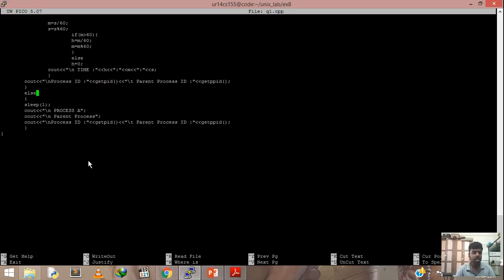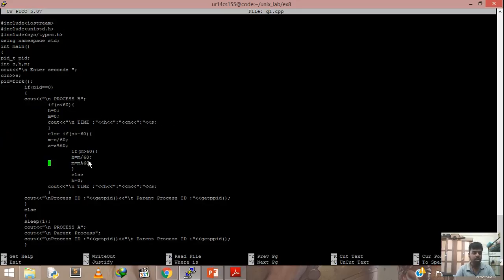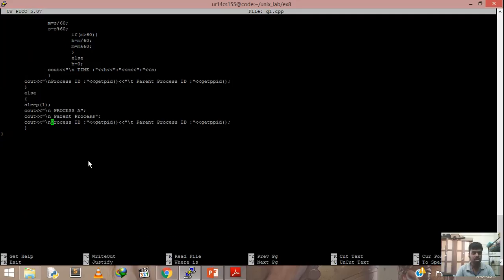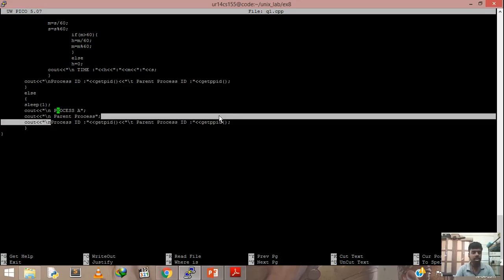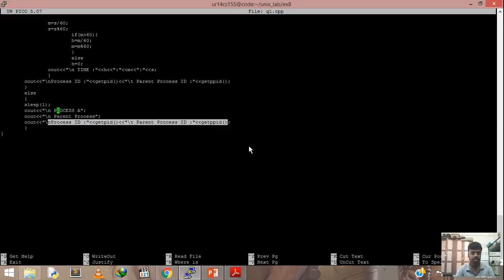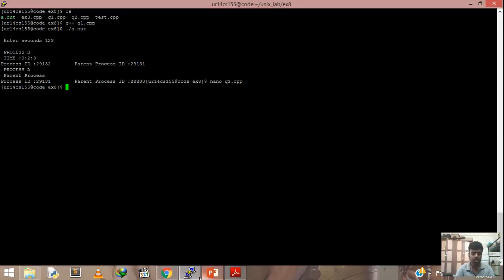Else if pid is not equal to 0, that means it is the parent process. So it will just print process A after sleeping for 1 second, so that in this 1 second process B will be executed, and then I'll print pid and ppid. Now the next program is